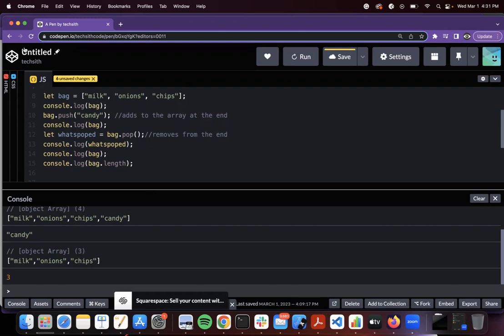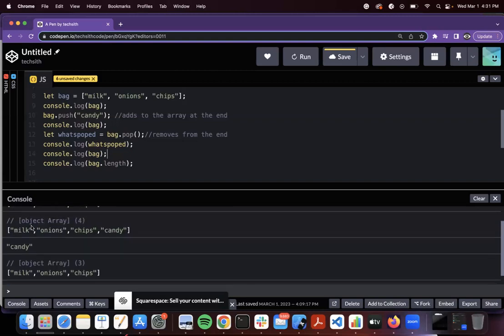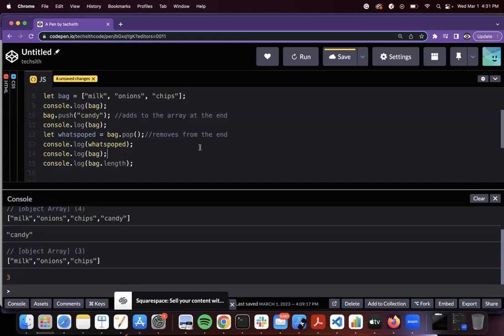But CodePen actually has its own console, which is different from the browser console. The browser has the main console, right? So this gives you the information, but a little different view than what the browser gives you. So if I right click on the browser and inspect it,